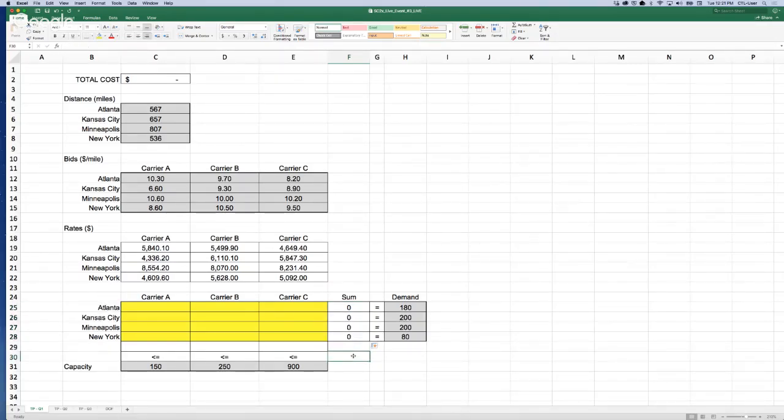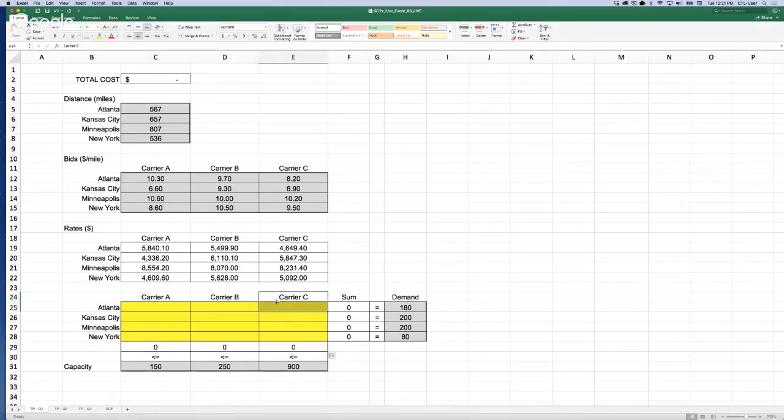I'm going to do something similar, but now with the capacity. I'm going to sum all the loads that are going to be assigned to carrier A, and that value should be less than or equal to the capacity, or the number of trucks that is available for carrier A. I'm going to repeat this, and we are all set.